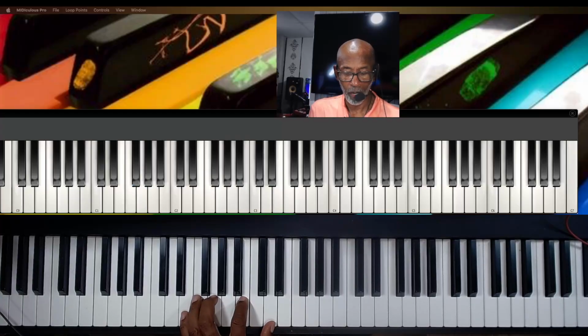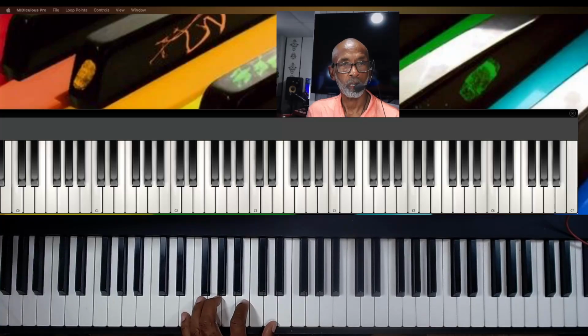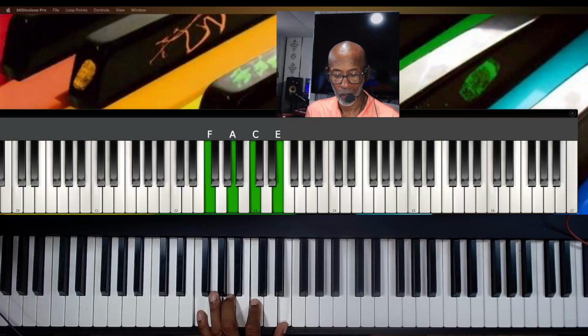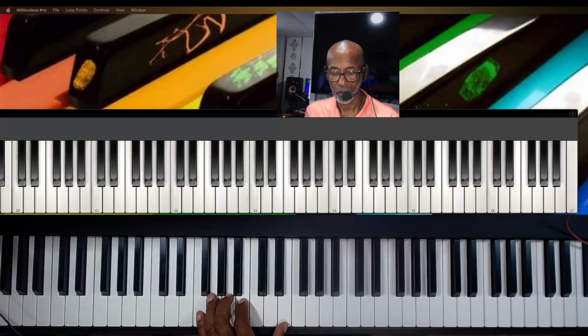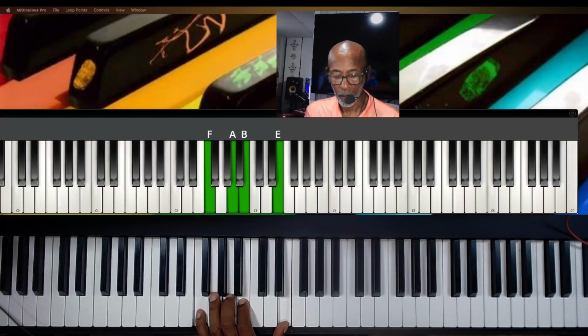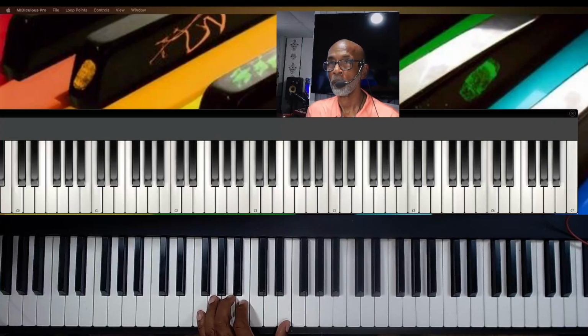Right? And then the E minor is going to be in root position. If the F major is in root position, so is the E minor going to be. Both of them are going to match up. That's in any key. I'm helping you work this out, not only in C. I'll show you in another key as well. But remember these little clues, these little rules, whatever you want to call them. If I'm in root position in F, it's the first finger or second finger that's going to move down a half step. Obviously, the bass player is going to be moving to a G. And then everybody's going to slide over to an E minor in root position. So we got 2, 5, to a